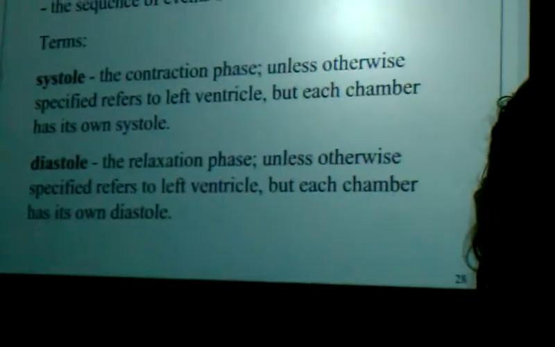where we can just see it go. Actually, the events occur one after another. Okay, so any questions about our cardiac cycle? We're good? All right, why don't you guys take a break? I'm going to go look for